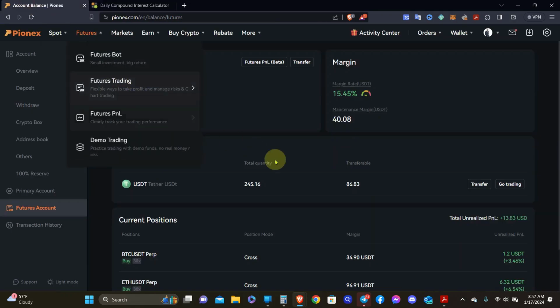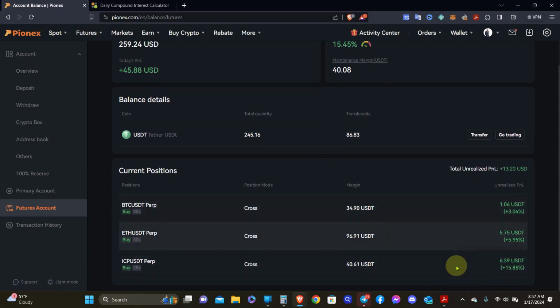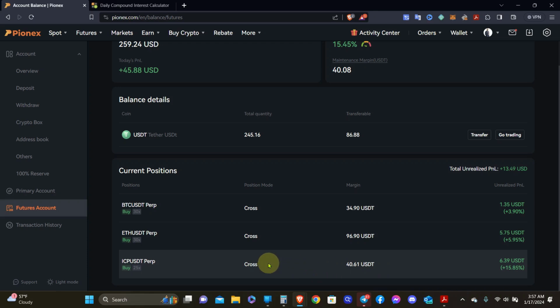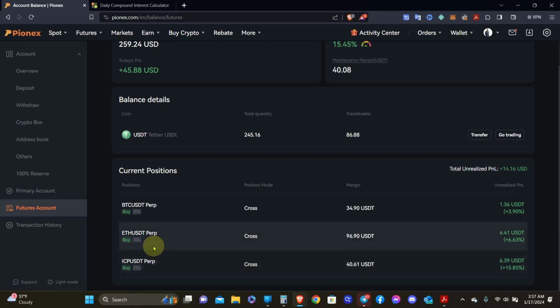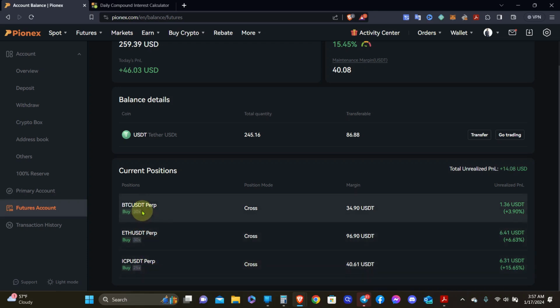So when you come over here, you can see that I got 3 positions open right now. And my strategy is pretty much to keep it at 25x, no more than 30x for the most part. Maybe I go 50x sometimes, but I'm not trying to go higher than 50x. I know there are other people who say, oh, that's high risk and everything like that. Yes, I understand, but when I'm looking at how the charts are,